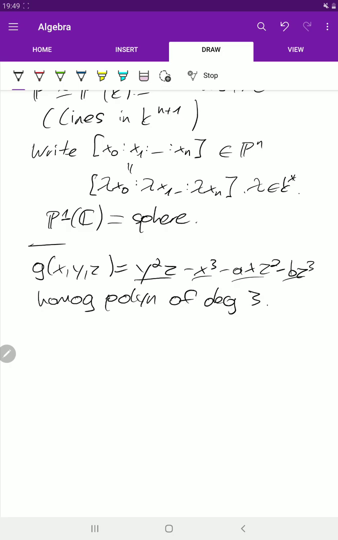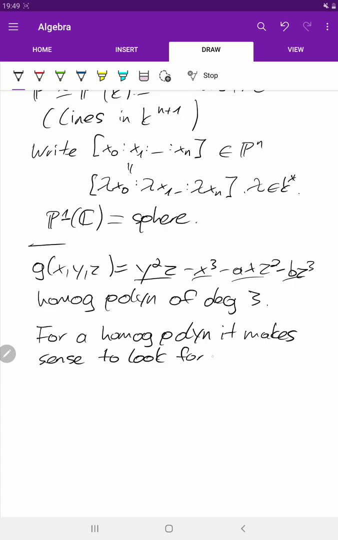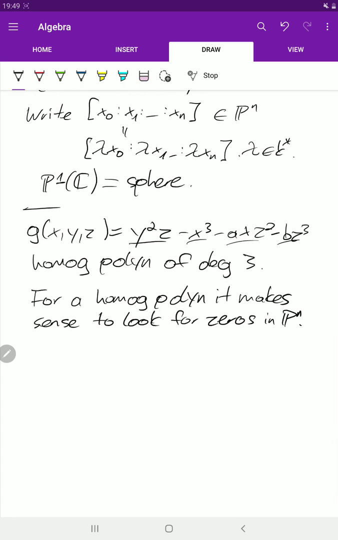And now let me tell you why we want to look at homogeneous polynomials. So now we go a little bit back to projective space. So if we have a homogeneous polynomial, I think you know now what I mean by it, it makes sense to look for zeros in P^n. So why does it make sense? So let's say we have a polynomial, say h,